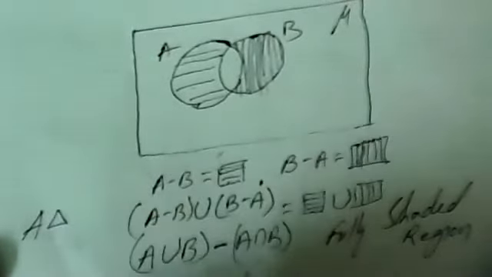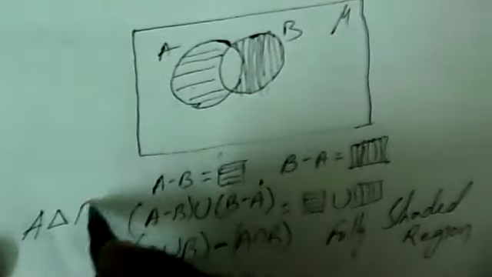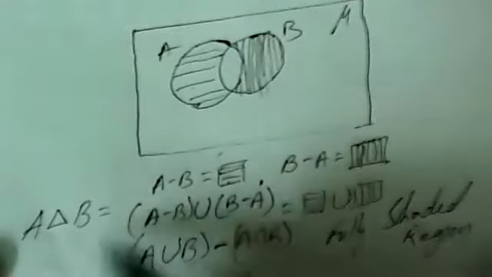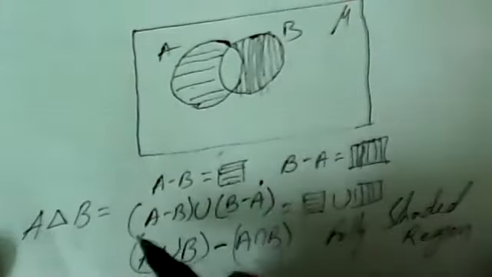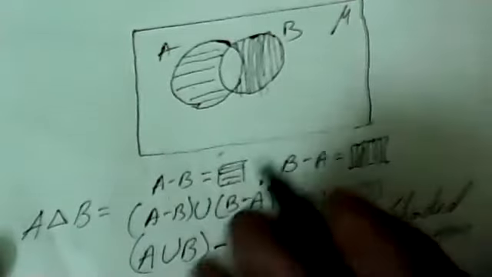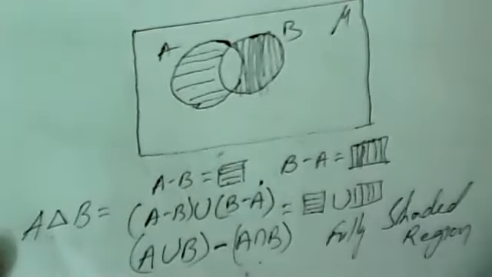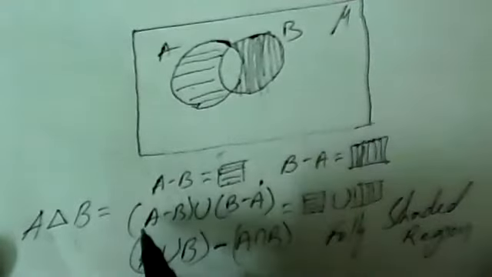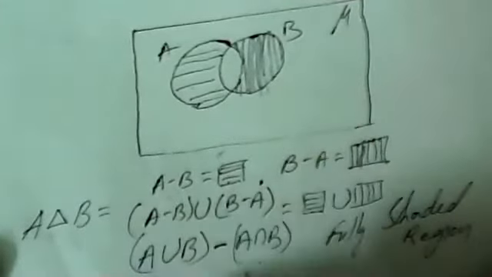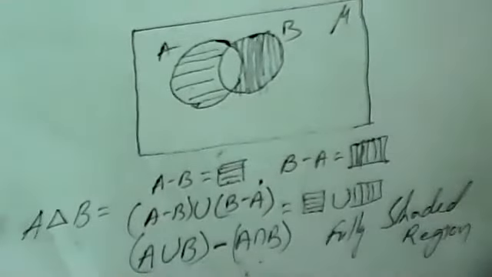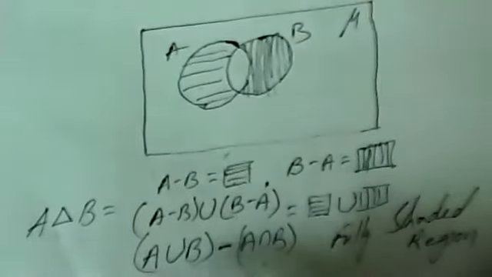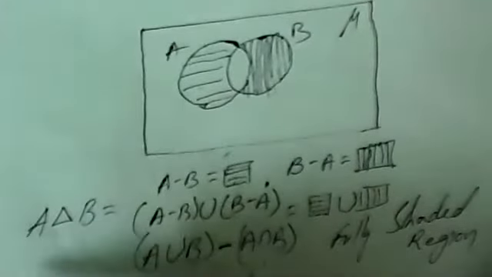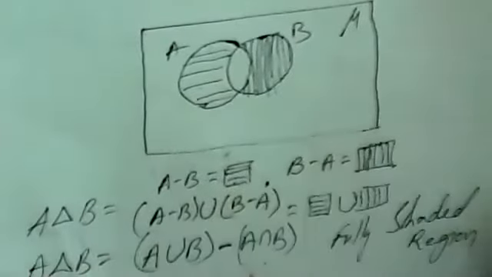Symmetric difference is represented by delta, and A delta B is nothing but the symmetric difference. Whether you take A delta B or B delta A, the same result comes. Okay, clear? Because you are taking B minus A and also A minus B. So take the union A union B, and from it remove the intersection. A delta B is the same. So we can also write A delta B as equal to this one.